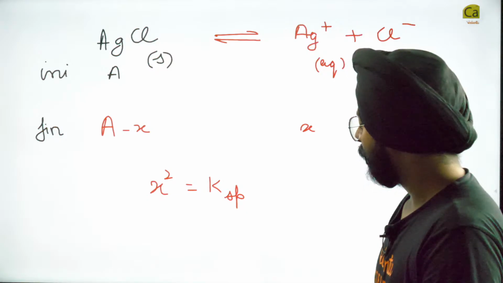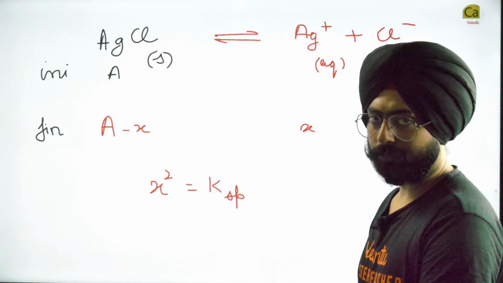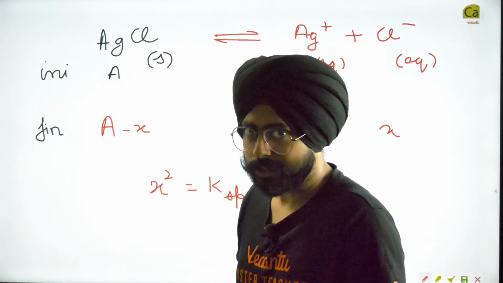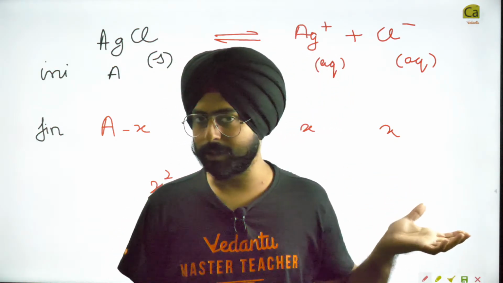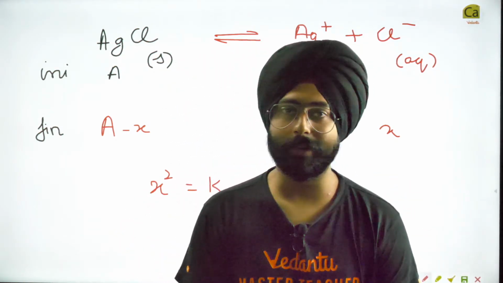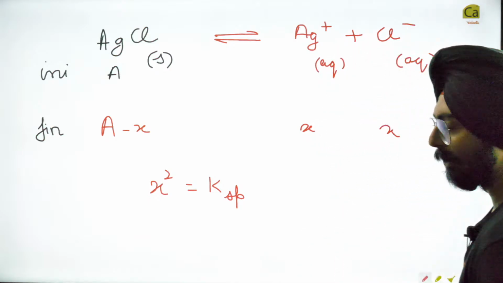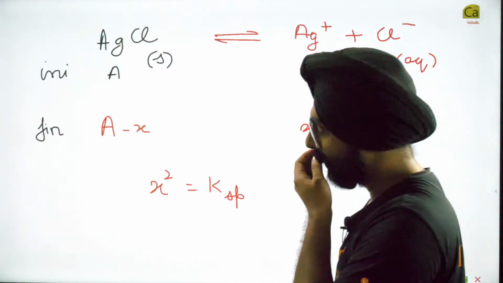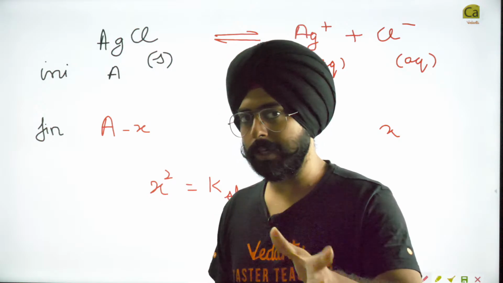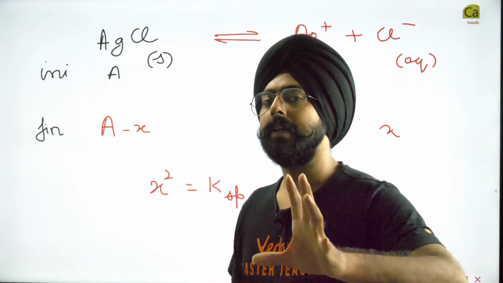Interesting. Okay, so X square is equal to KSP. But since we are chemists, can we leave it so simply? I don't want to. I will not leave it so simply, okay? इतने आराम से तो मैं छोड़ने नहीं वाला. So instead of X, because I told you in the previous class, forget your X.